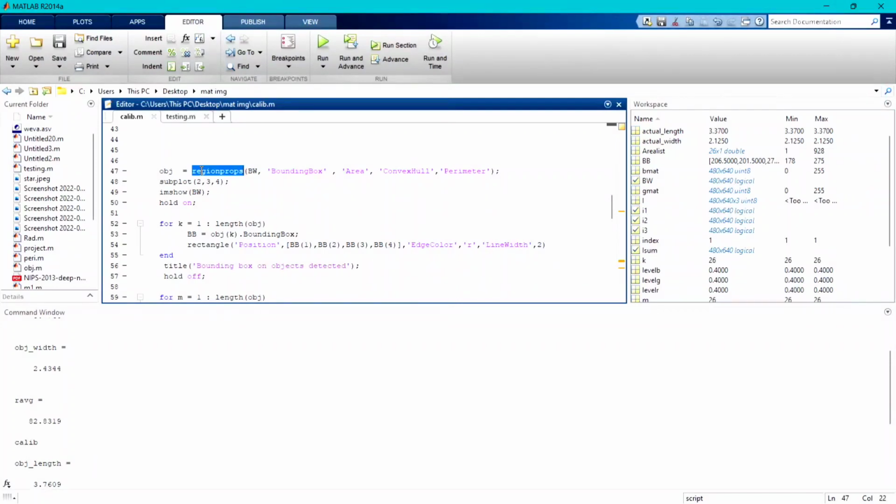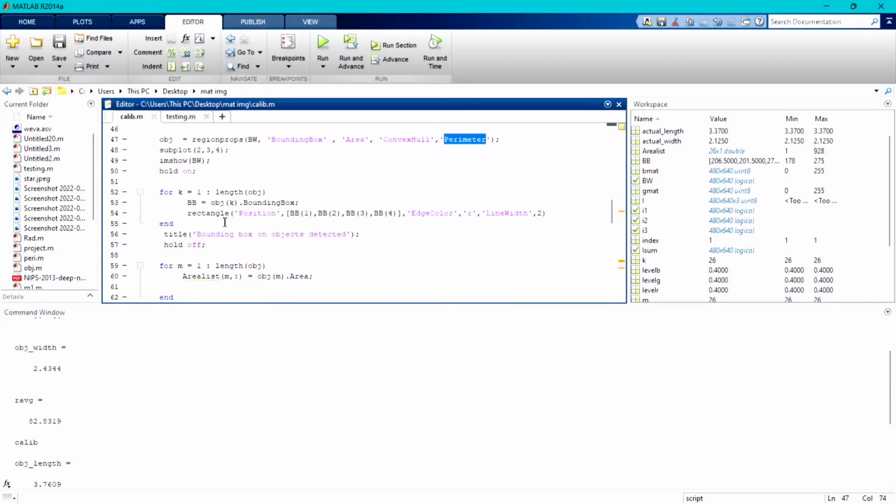So in this case, regionprops is considering only the features of BoundingBox, Area, ConvexHull and Perimeter. Now why we are using these will be clear in subsequent